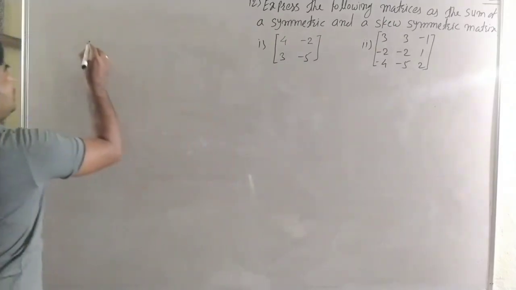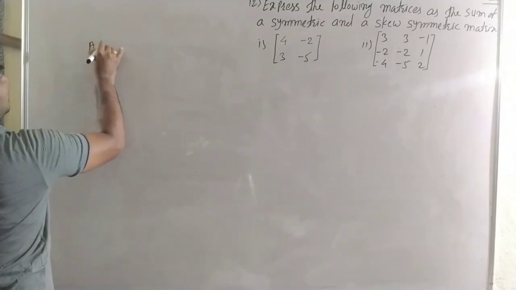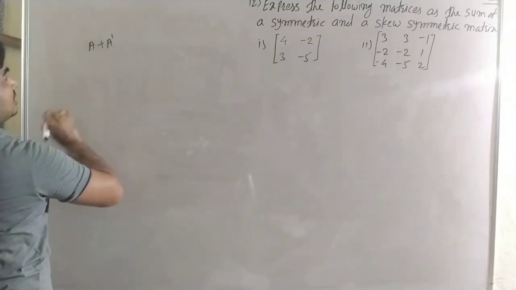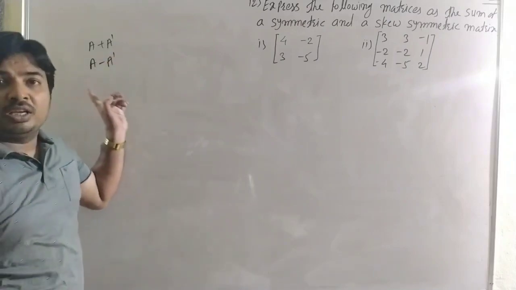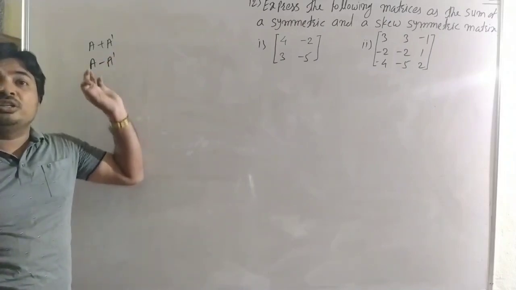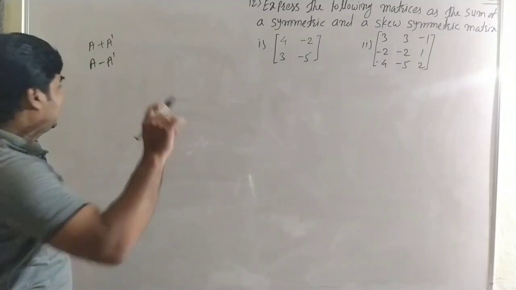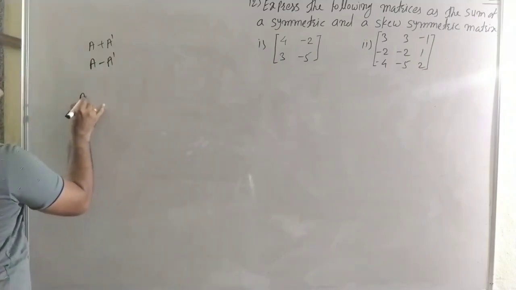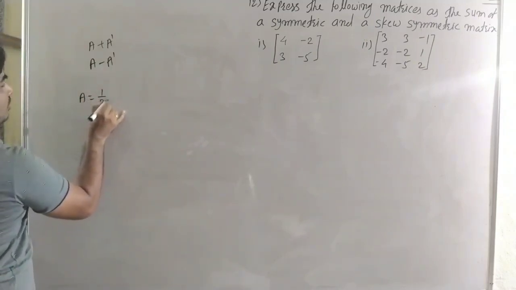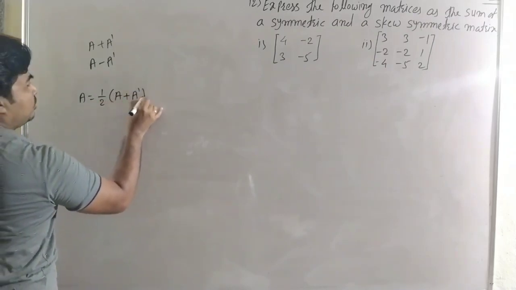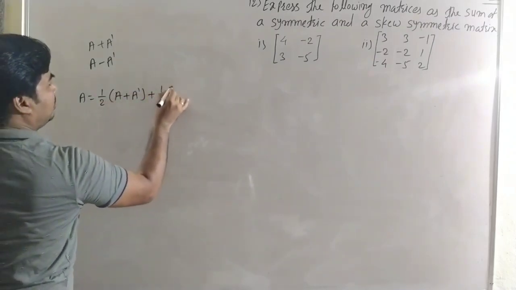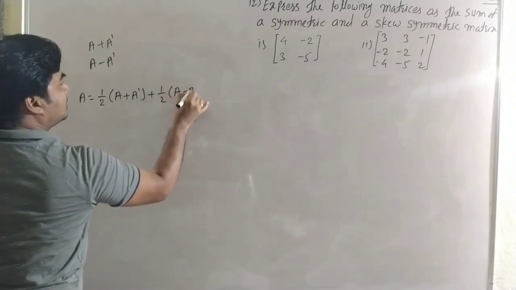Okay, here we know that A plus A dash is symmetric, and A minus A transpose is a skew symmetric, and the matrix A, see carefully, matrix A is 1 by 2 into A plus A transpose